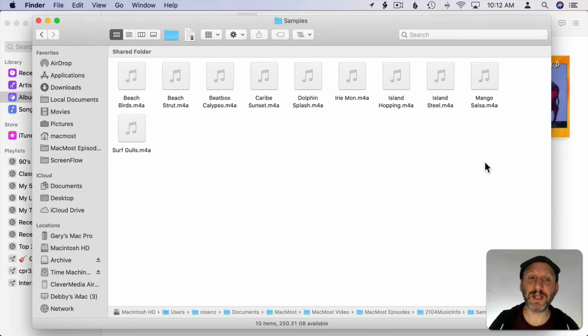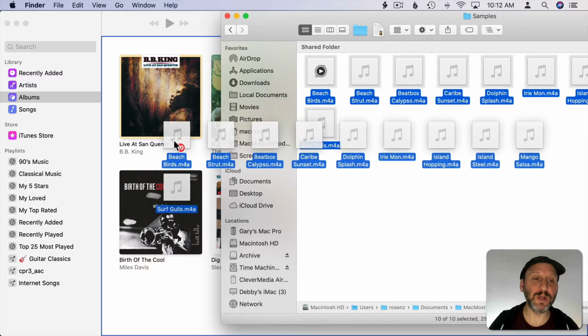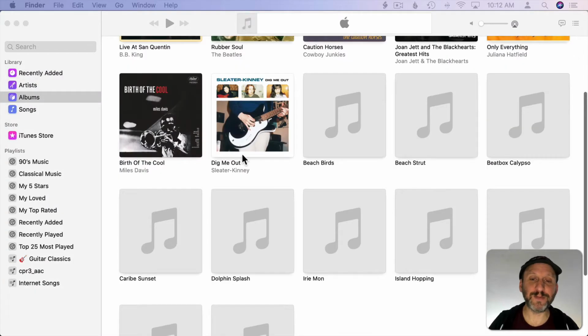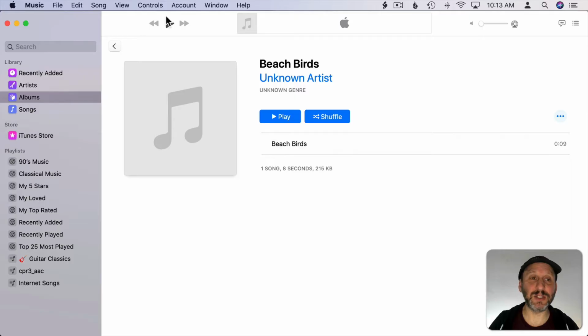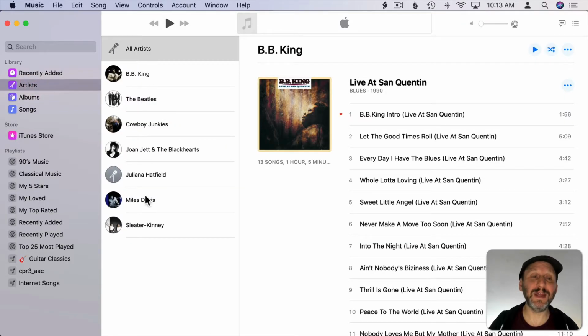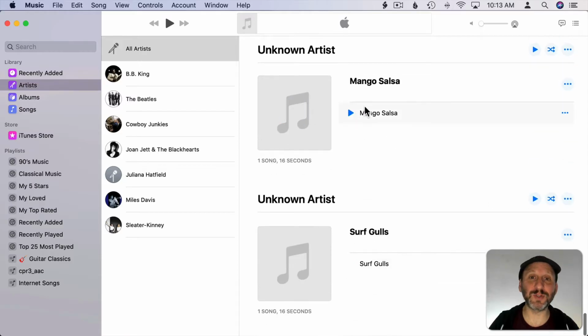So if I select all of these and I drag and drop them into the app, it will import them in. We're in the albums view here and you can see it created an album for each individual song. If we go into that album we can see it just has that one song in it. If we look under artists we don't even see any kind of artist listed on the left that could match all of those. But since we have all artists selected I could actually go to the bottom and I could see each individual song as its own artist and its own album.